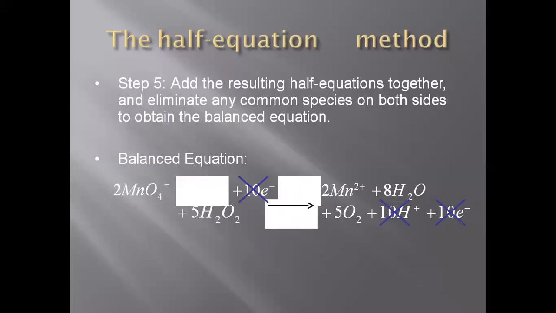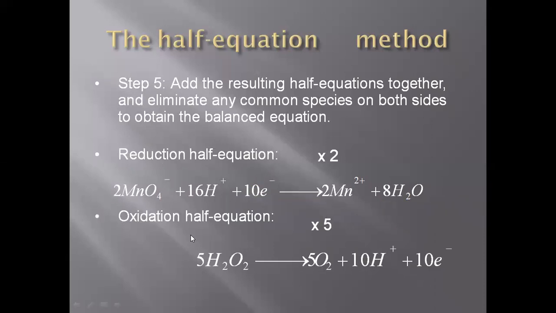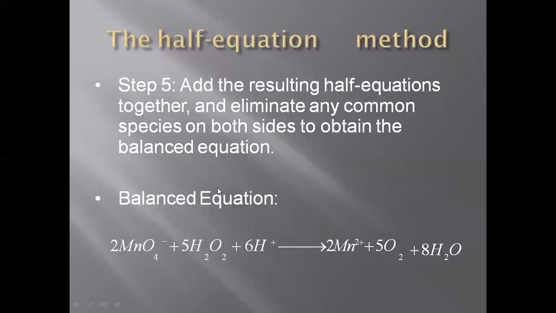So after deleting or just subtracting the common species, we will get, for example, now I have here 16 H positive and 10 H positive. है ना? After multiplication I get 16 H positive हमारे reduction half में थे, 10 H positive हमारे oxidation half में थे. ठीक है? यहाँ हमारे पास 10 electrons है and we have 10 electrons. So 10 will be cancelled and we need to subtract this H positive with this H positive and you will get your final answer. That will be 16 minus 10, which is 6 H positive.